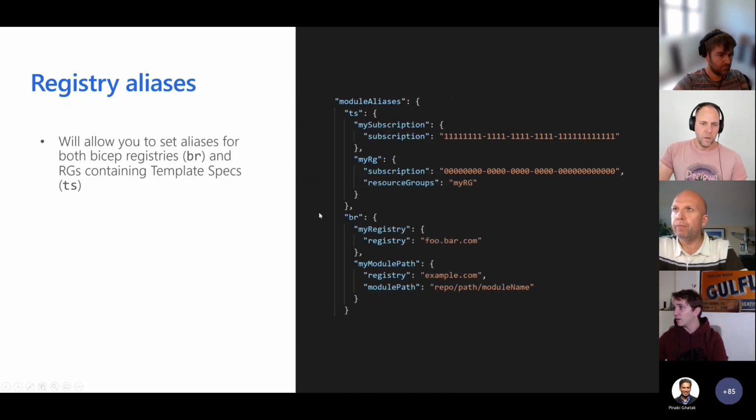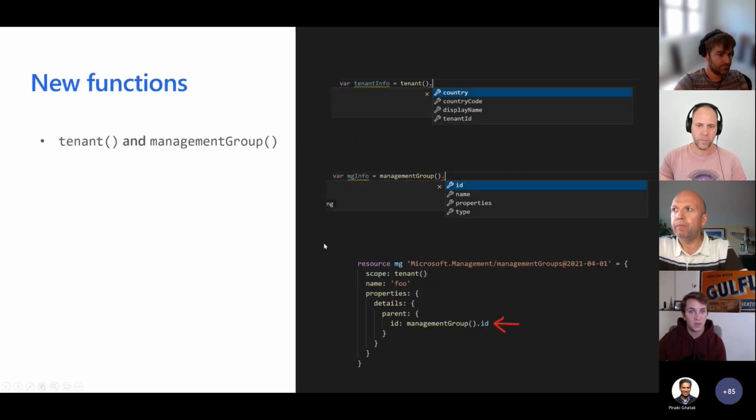Okay, let me keep going, and please interrupt me if there are any questions I'm missing. New functions. We are adding a tenant and management group function. This will give you a sense of what the IntelliSense will look like and what properties you can retrieve from these different functions. So for the management group, you can get properties like ID and name and type and whatever's in the properties body. This is the same response you'll get if you did a GET request on the management group.